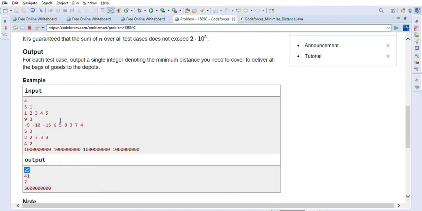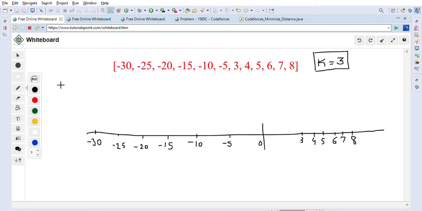They have also given some negative examples. So I created one negative example so I can explain it to you. In this negative example, you have depots located at some positive points, as you can see 3, 4, 5, 6, 7, 8. Here you are going to the right side. Then there are some depots where you have to go left from the origin, and those are the minus points, like -5, -10, -15, -20, -25 and -30. So these are the 6 depots where you have to go left, and these are the 6 depots where you have to go right from the origin.